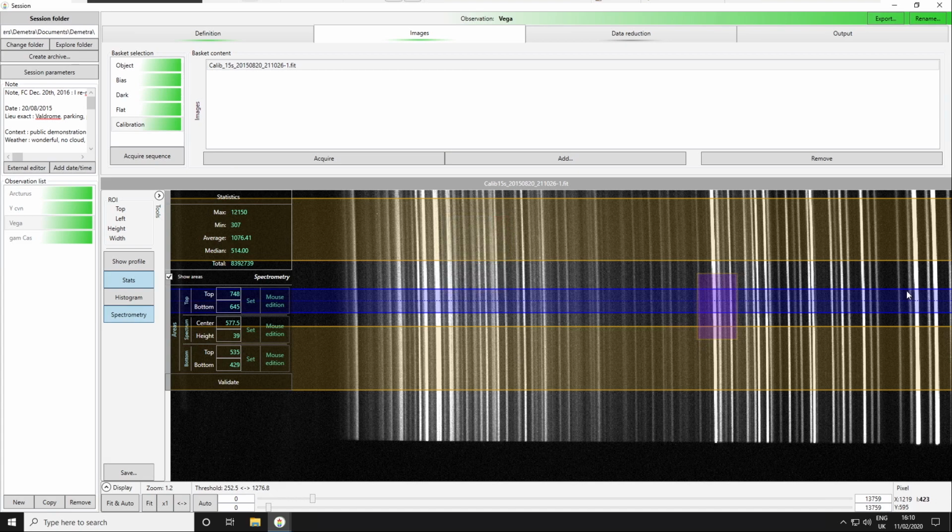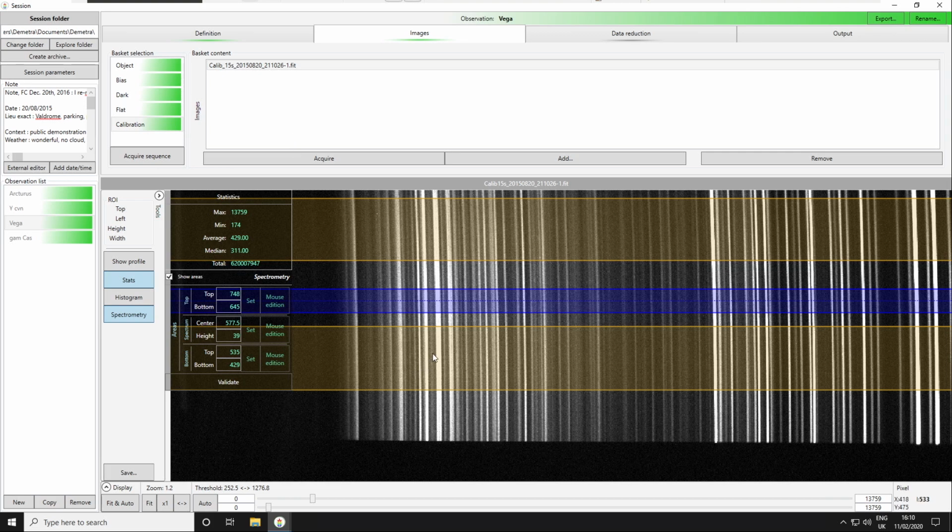But we could, in some cases, and especially in the infrared or on the right part here, accept to have some saturated lines to have a better signal-to-noise ratio for the other ones. Okay, so this is something to tune. But generally speaking, you always have to make sure that you have no saturation. But in this case, for the calibration lines, from time to time, you may accept to have some.